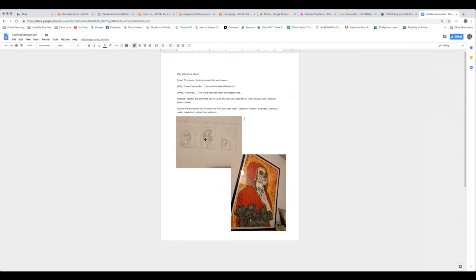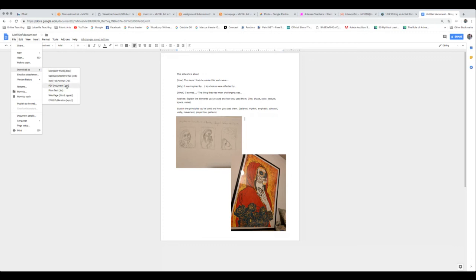But we should have at least 2 pictures: one in progress, not finished drawing or artwork, and then the finished artwork, whatever that looks like. This is not a great example of a finished artwork because I've got a glare on the picture and I'm at a funny angle. So try to fix some of those things as you're taking your photograph. Be aware of them. It does influence how your overall artwork looks. But this is what you would then download. So you go to File, Download As, and then you would choose either a Word document or a PDF.